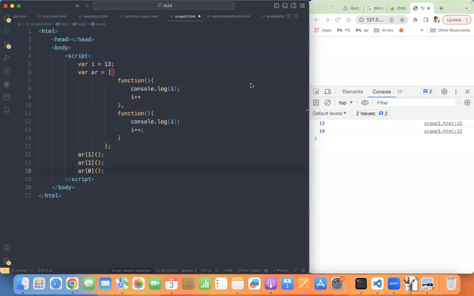Vignesh 13, 14 and 15. Anusha is still 13. Anusha, where is your answer?